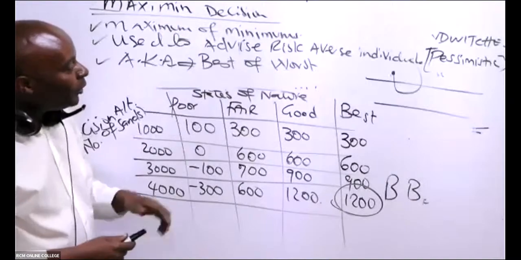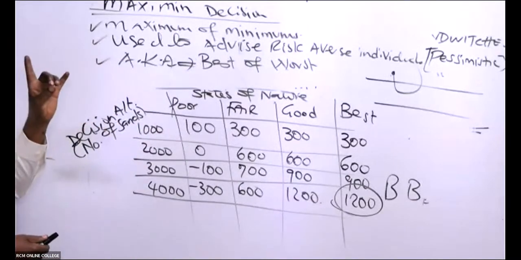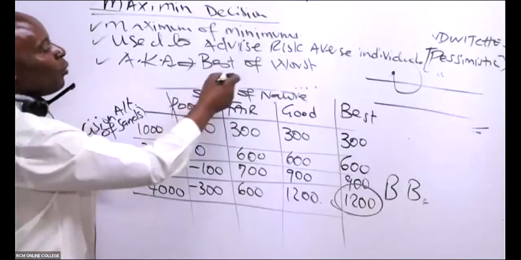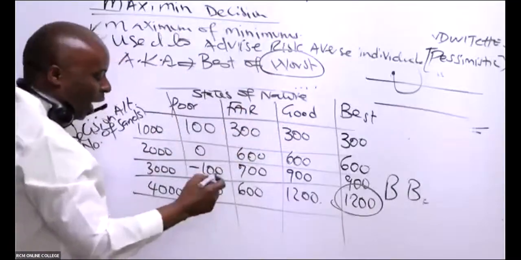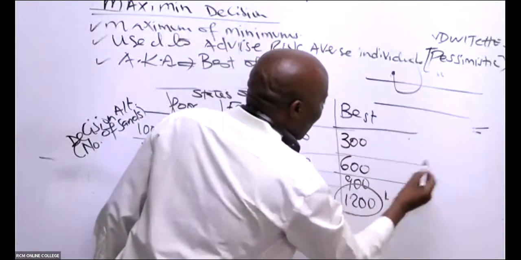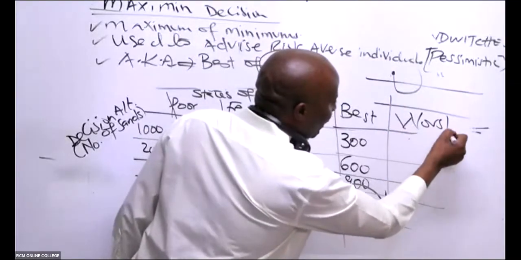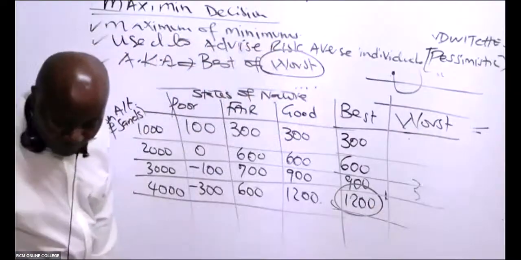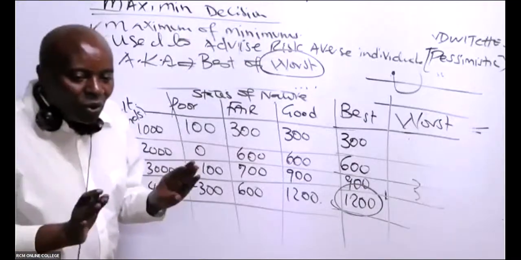And the most important thing we are saying, ladies and gentlemen, is that this model is known as best of the worst. And when we are advising these people, we normally begin with this second part. Because they are pessimists, you'll come and create a column here and capture what they were. Don't draw another table. We are simply using the same table. And I only have 10 minutes. Same table. So remember, this individual is pessimistic.